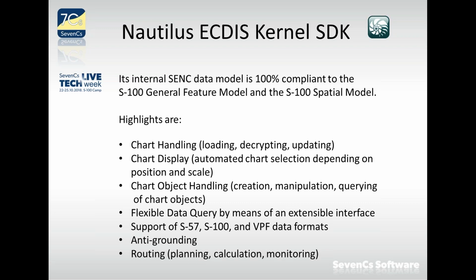So there's a function in that SDK where you can give an exchange set, an S-57 exchange set or an S-100 exchange set. You can give that to the chart handling function, and automatically it will decrypt the data if it's encrypted. It will import, read the ISO 8211 or GML files, convert them to our own format, store them in the right directory, and update our internal catalogs. All those things go on behind the scenes. So you do not have to deal with that. Just call one function and get some information back if things are successful or if errors happen, which can always happen,